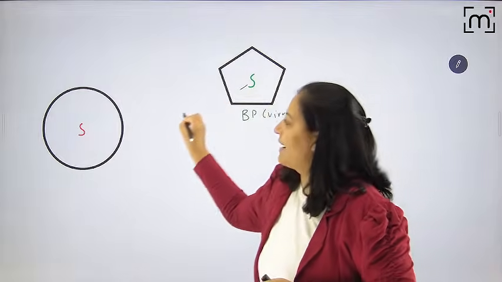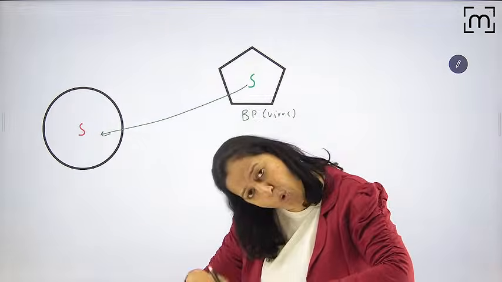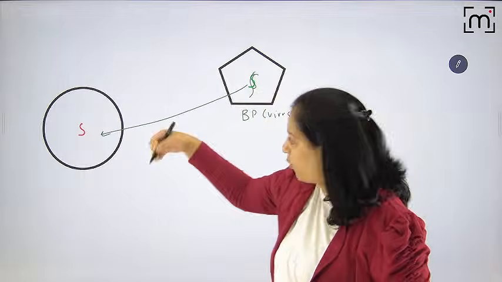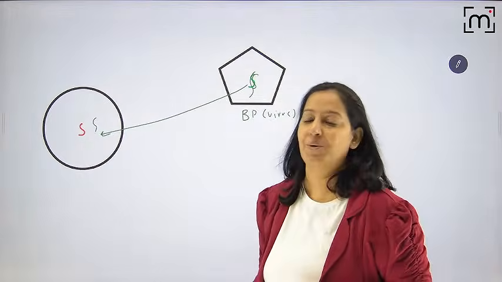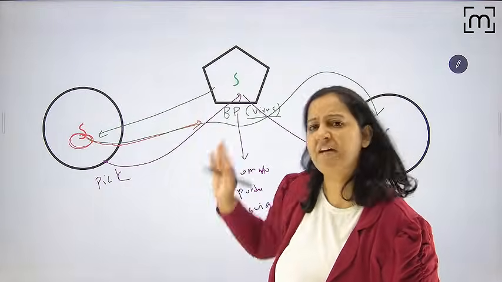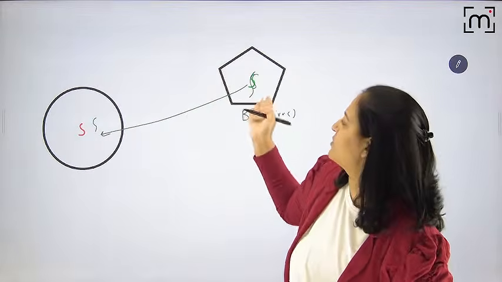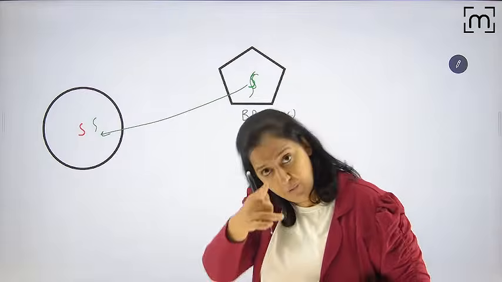The bacteriophage, which is a virus, will enter the first bacteria and donate its own nucleic acid, the green color, to the bacteria. So it's a transfer between a bacteria and a virus. You will say, in transduction also we have a bacteriophage, and in lysogenic conversion also we have a bacteriophage. What's the difference? You tell me the difference.